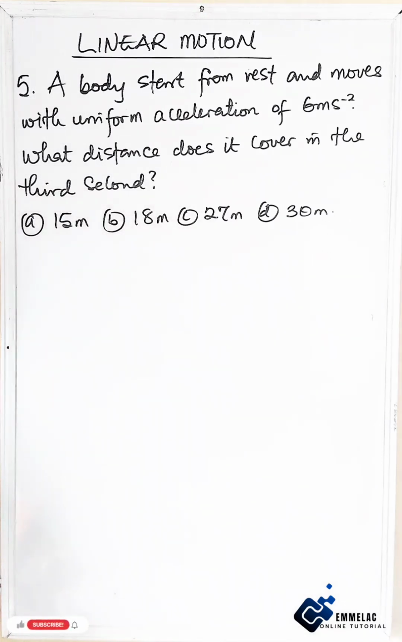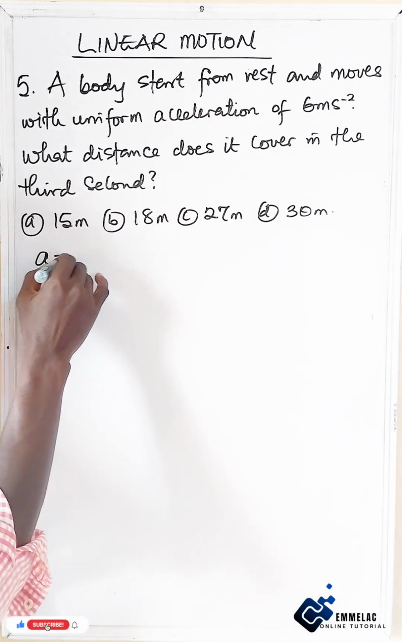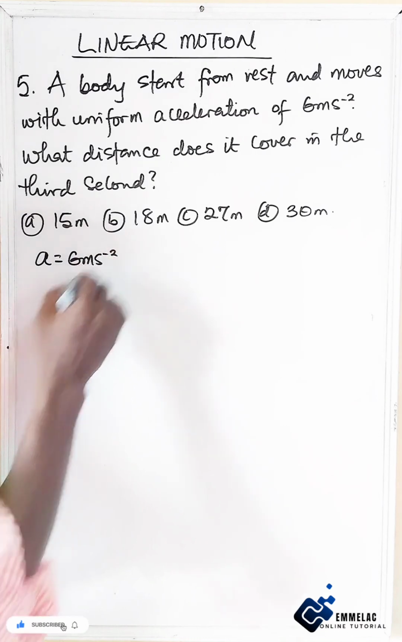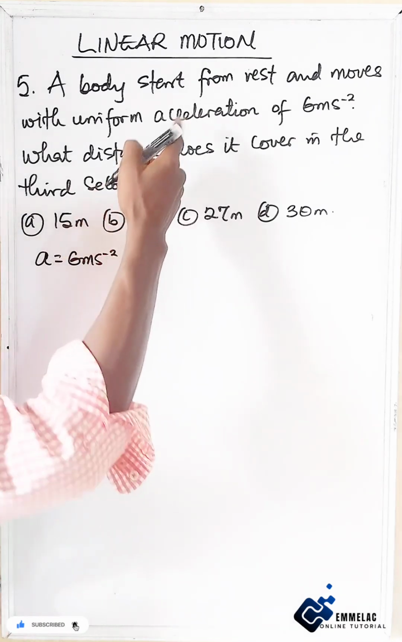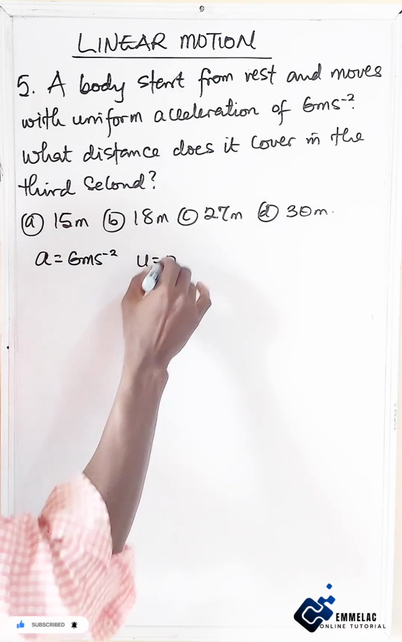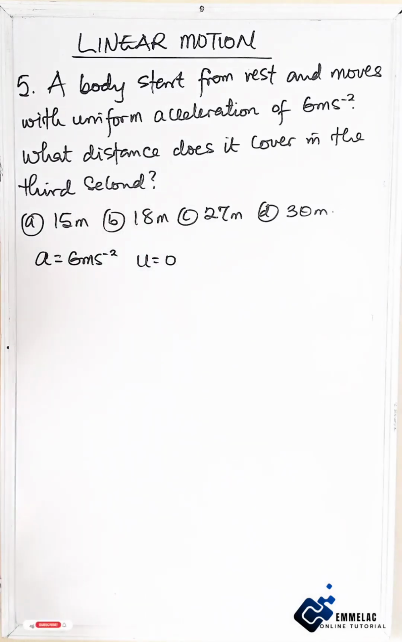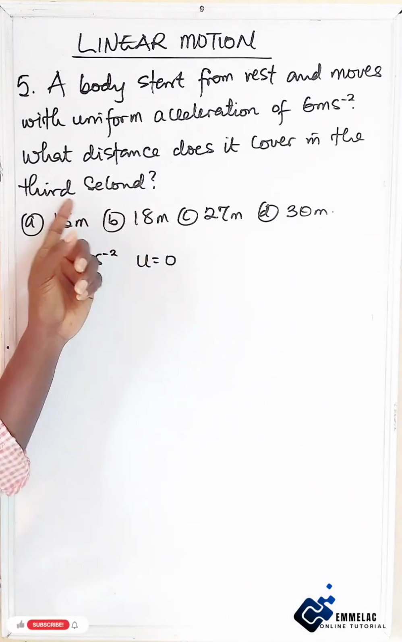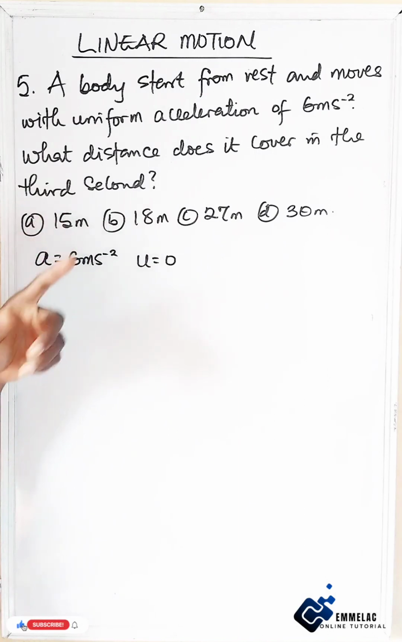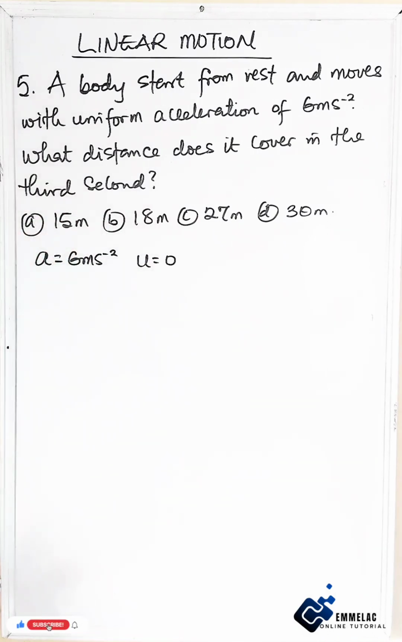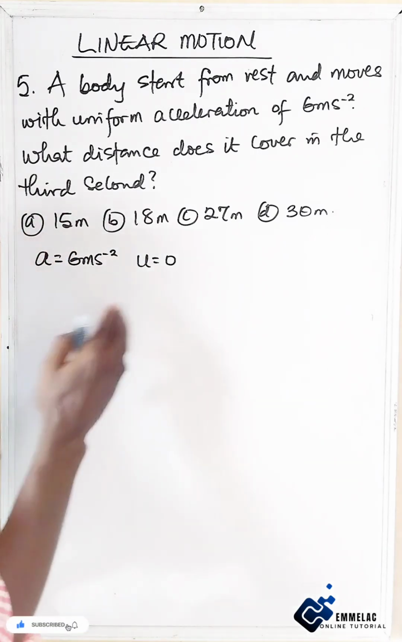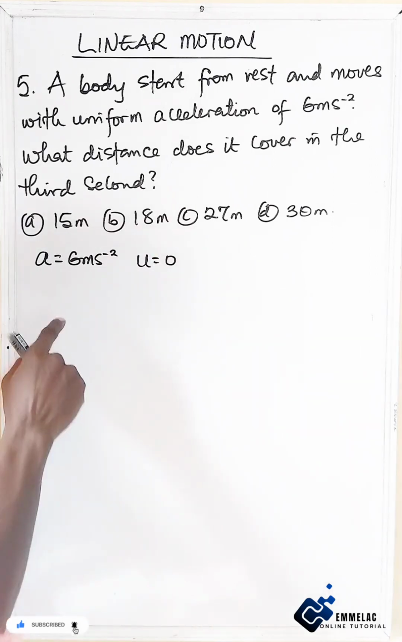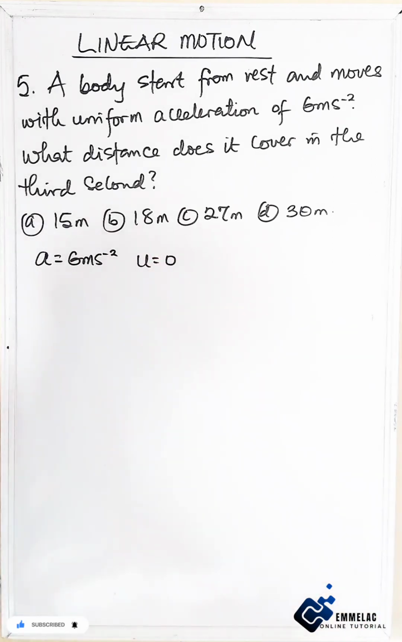Okay, now from this here, our acceleration is given as 6 meters per second square. Now since it's starting from rest, our u is going to be 0. Okay, now what distance does it cover in the third second? Now in the third second, it means we are looking for the distance covered within the third and the second second. Right. So here